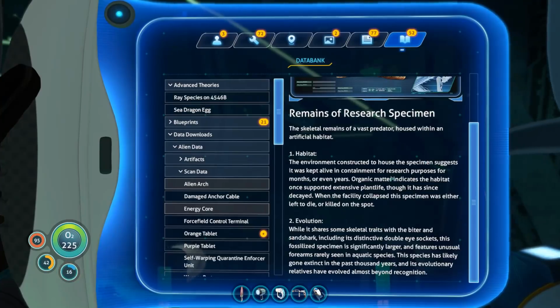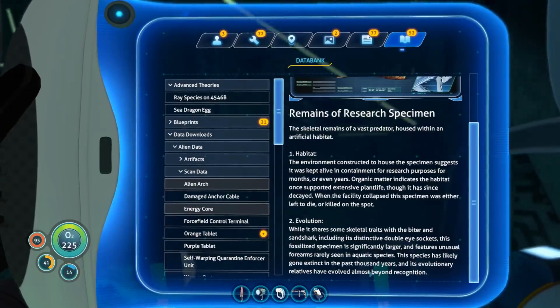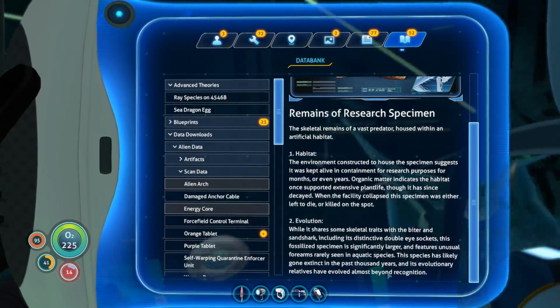Go away. Leave me alone. When this facility collapsed, this specimen was either left to die or killed on the spot. Evolution. While it shares some skeletal traits with the biter and sand shark, including its distinctive double eye sockets, this fossilized specimen is significantly larger and features unusual forearms rarely seen in aquatic species. This species has likely gone extinct in the past 1,000 years, and its evolutionary relatives have evolved almost beyond regular...